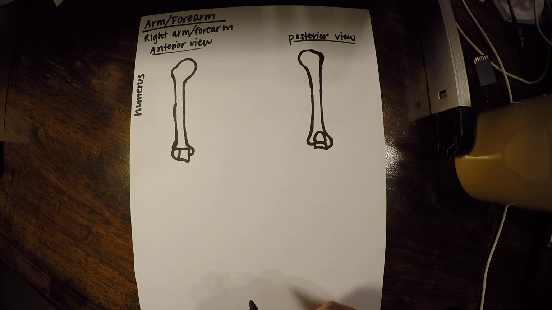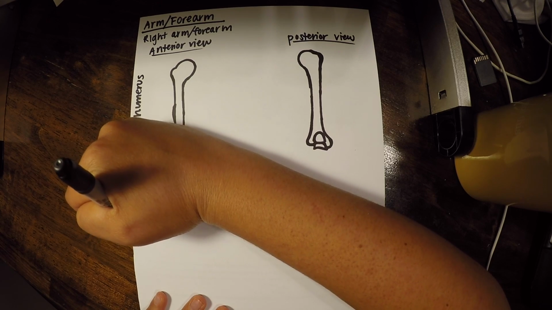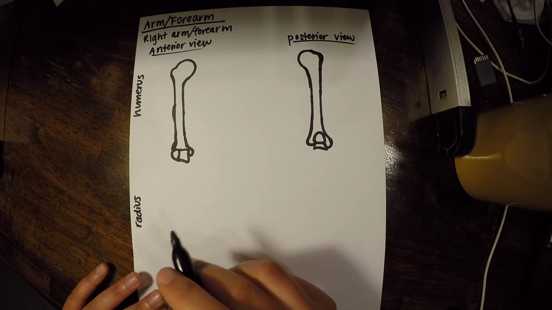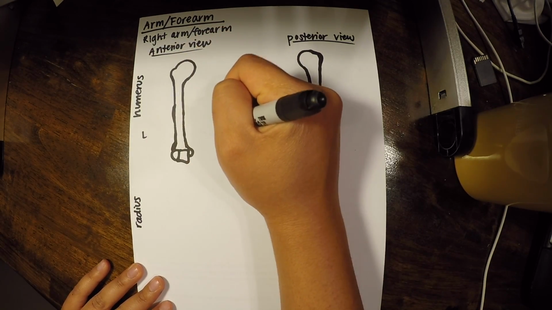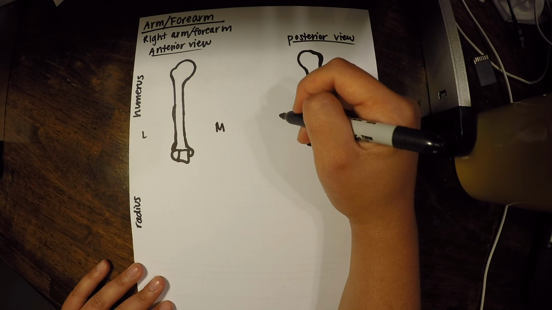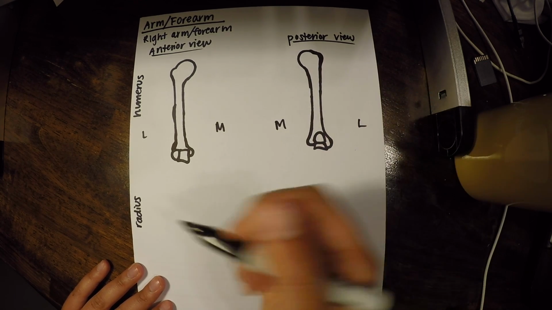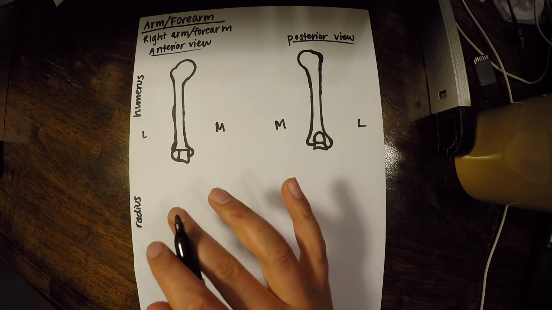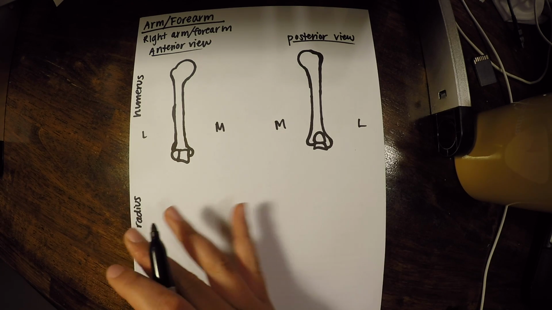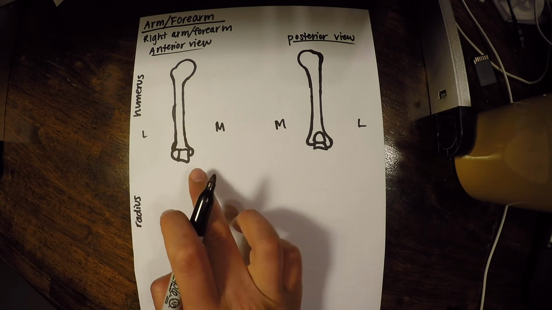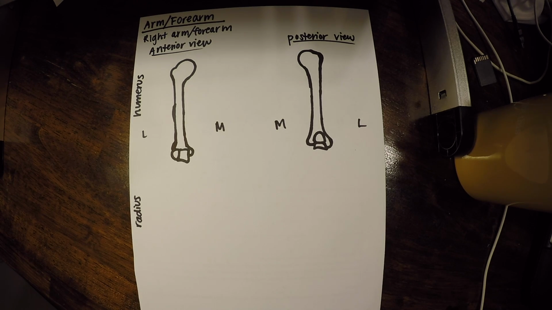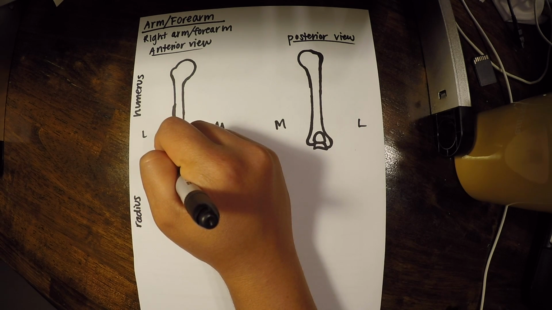We're going to have our radius here more laterally. So let's actually label lateral and medial. And then this is going to be medial and lateral. So let's start out with our radius. I'm going to draw our radius and ulna a little bit separate. Those are two forearm bones. I'm going to draw them a little bit separated from the humerus, but just know that they're actually close together and they're squished right next to each other, and they're touching to form a joint. It just makes it easier if we draw them a little bit separated here.